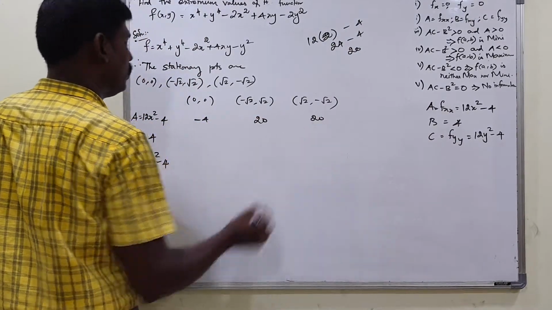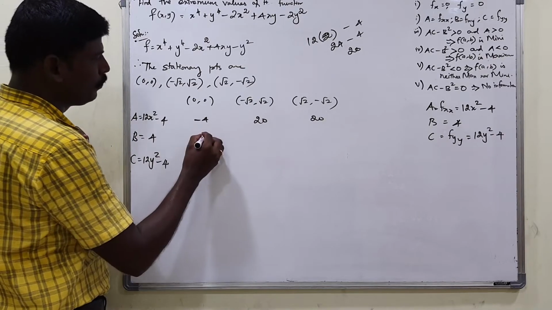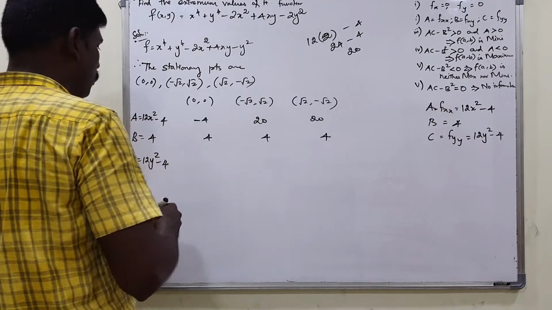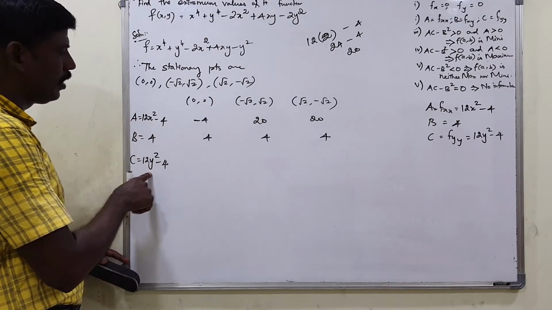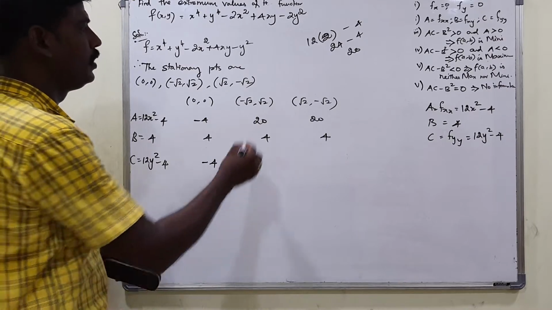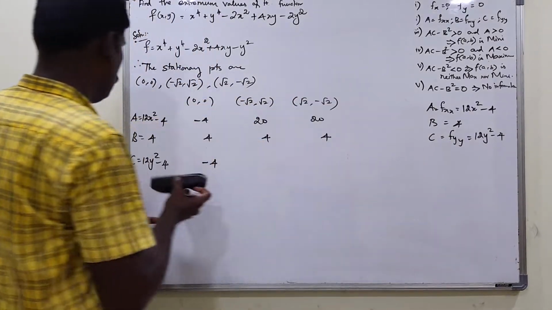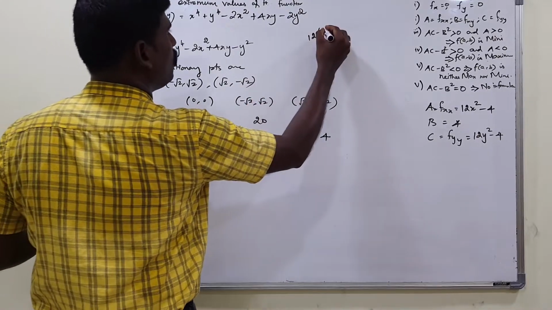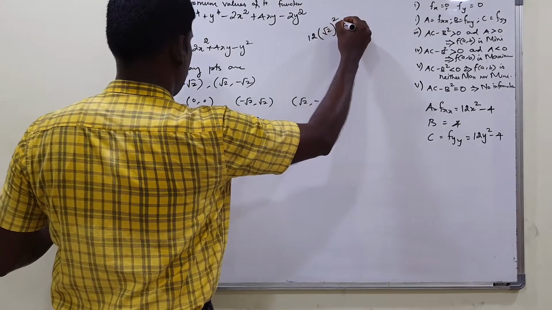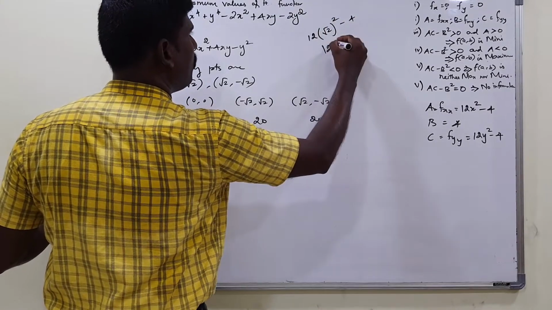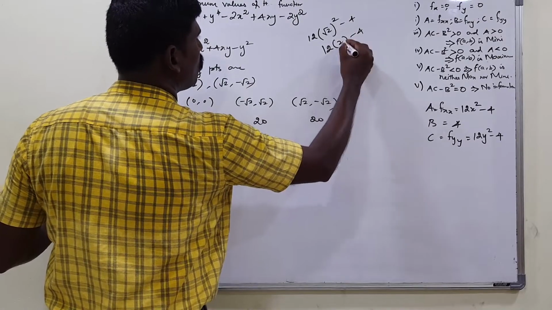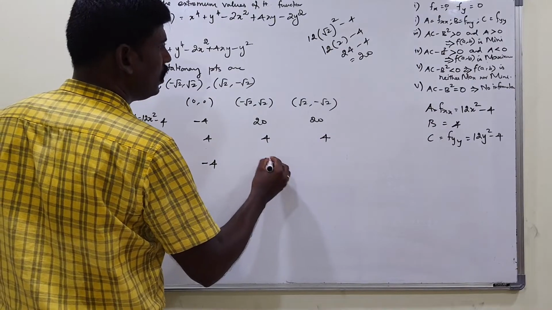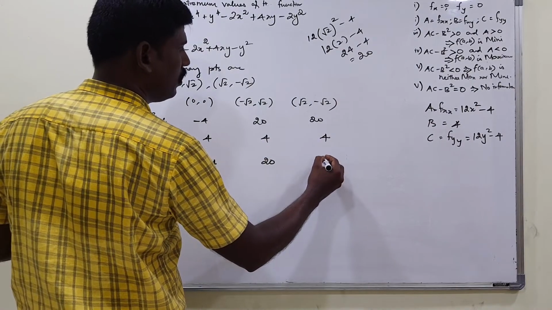Here also it is 20, right? B is always 4. Right. What is C? The same. Substitute y as 0 here, you can get minus 4. Right? Here, what you will get? The same 12y square. So 12 into what is y? It is root 2. Root 2 square, isn't it? Minus 4. So 12 into root 2 square means 2. Minus 4. So 12 2s are 24. Minus 4, it is same as 20. So it is 20. Here also it becomes 20.